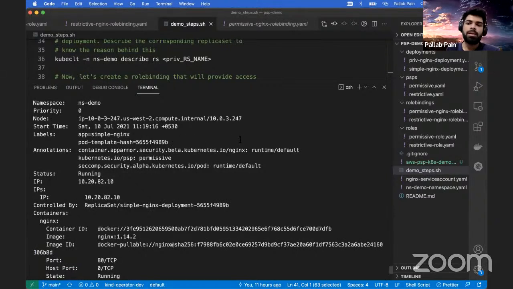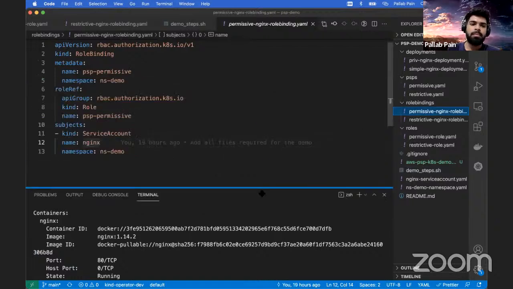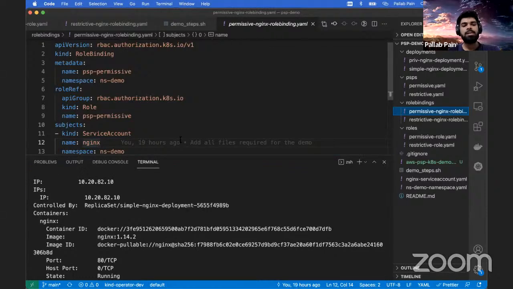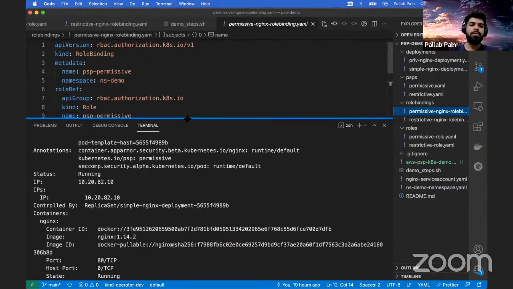The reason is that we created a couple of role bindings, both creating mappings with the permissive as well as the restrictive role. So the Nginx service account now has access to both the policies, and if there are multiple policies that can be used to bring up a pod without mutating anything,